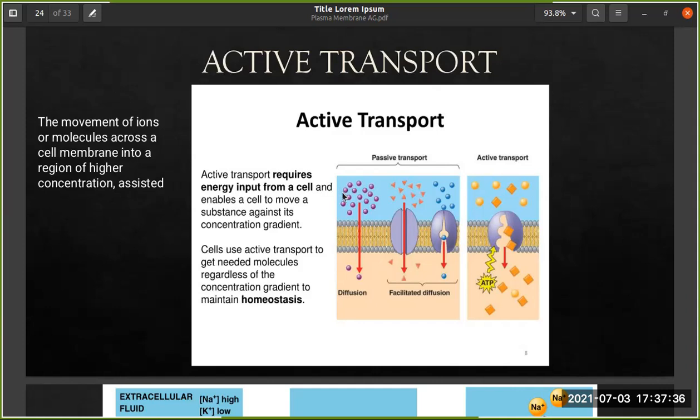In diffusion, what happens? Solute concentration is high here and low here. So the molecules come over here, coming inside freely, and concentration is equal. In facilitated diffusion, what happens? There is a protein which helps to do the same thing, from high to low concentration. But in active transport, energy is utilized and